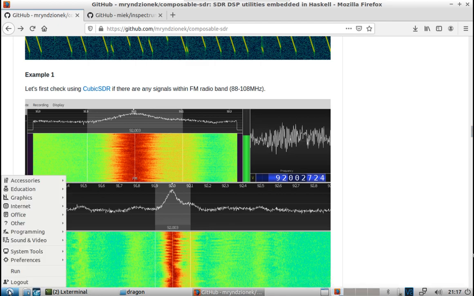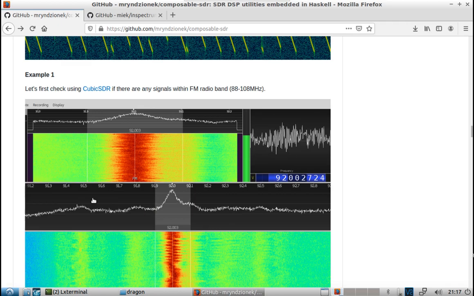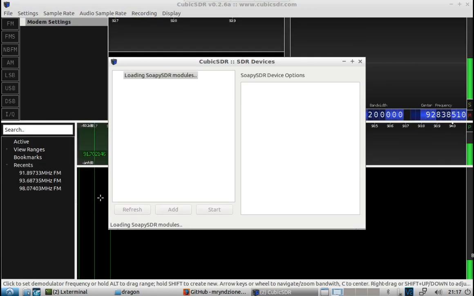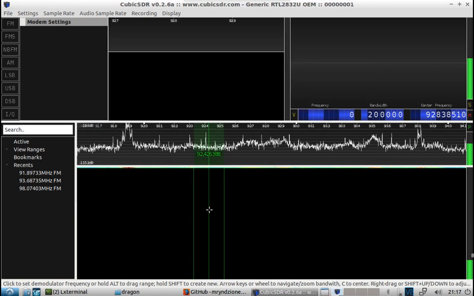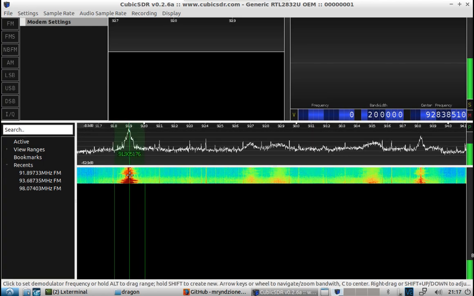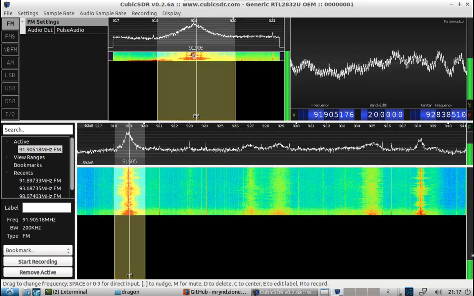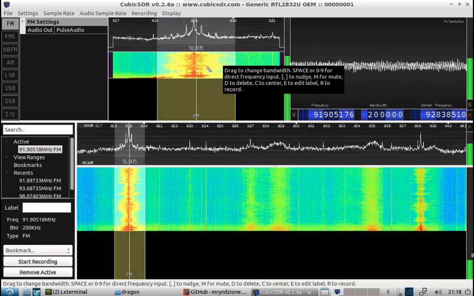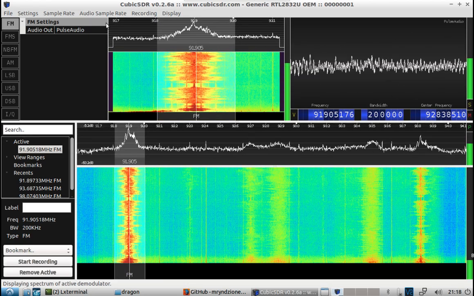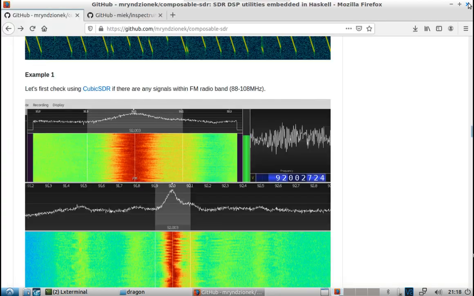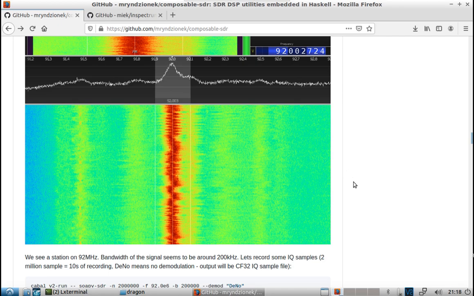I'll just pull up the newer CubicSDR that's built in, and we'll take a look. Should be something in about the 90s, here we go, 91.9. So we've got something active there, so we'll keep that in mind. Let's see, 91.9. Close out of CubicSDR, and then if we take a look down, we'll see that